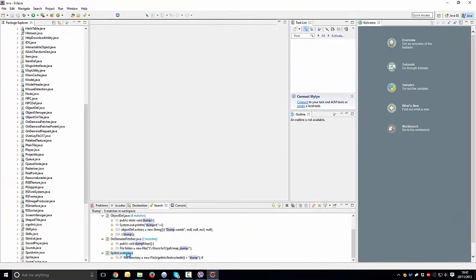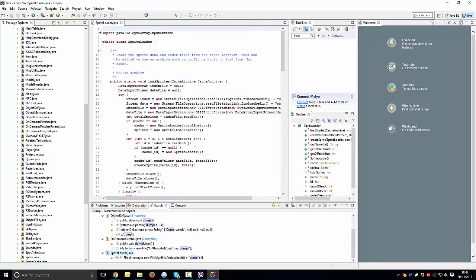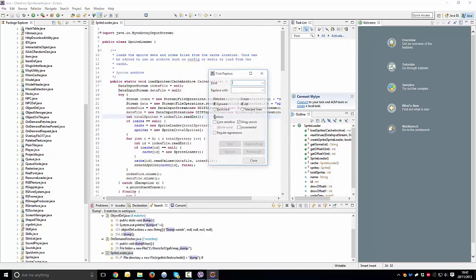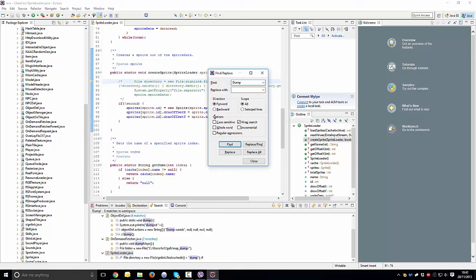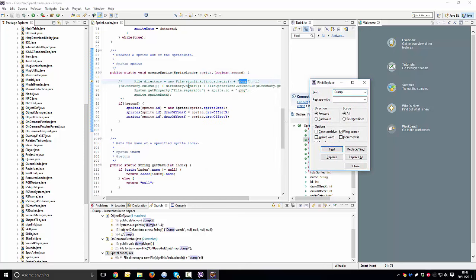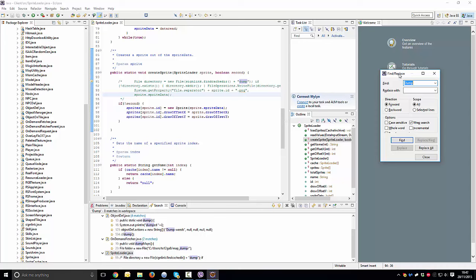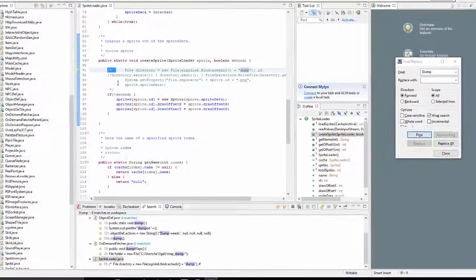So if we just open the sprite loader, search in this document for dump, we have found it. So in your sprite loader.java at line 91, you will see this. Now, what we're doing right now is what's called dumping the sprites. This is so we can edit the sprites in our favorite image editor. So if we just get rid of these little comment marks,